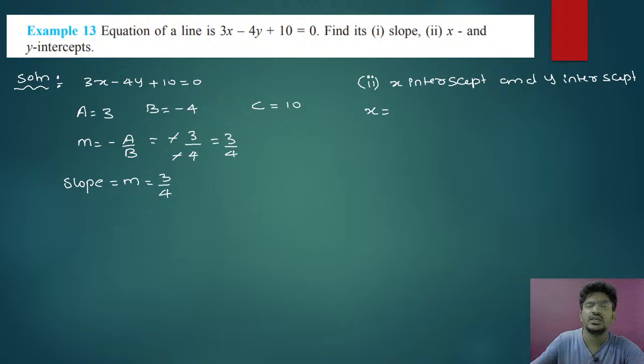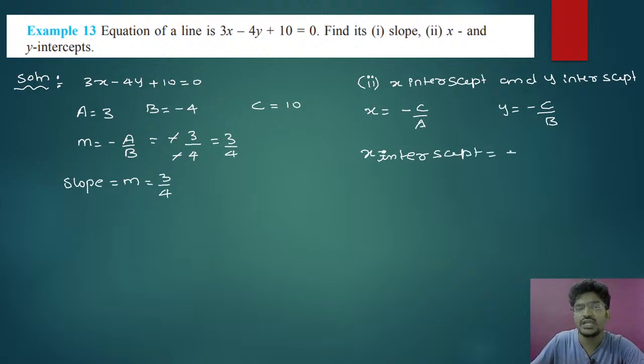So you write minus c by a, and y-intercept is going to be equal to minus c by b. So x-intercept is going to be equal to minus c value, which is 10, divided by a value, which is